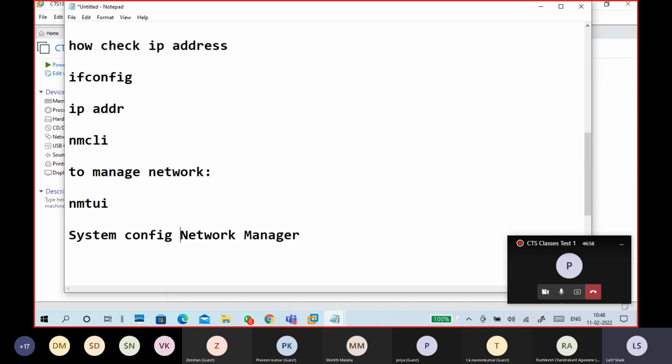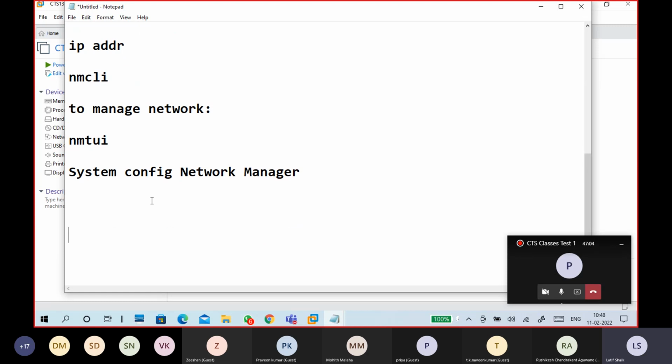System config, network, or network manager related. The other is command line based. So I will use different commands to manage the network. Okay, there is also a file.